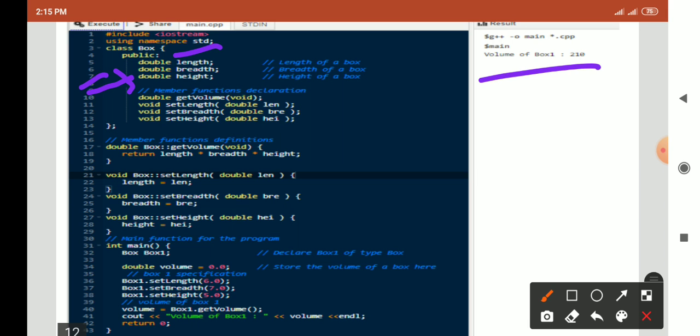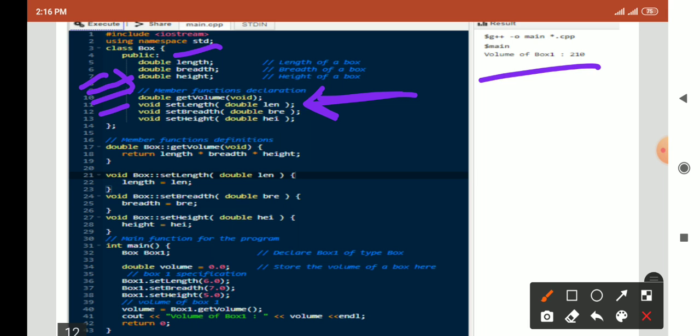Okay, so here we declare three variables for calculating volume. Now here we are declaring the member functions which we are going to use, as written here, member function declaration. The first function is double, and the function name is getVolume. It returns a double value, so the return type is double.